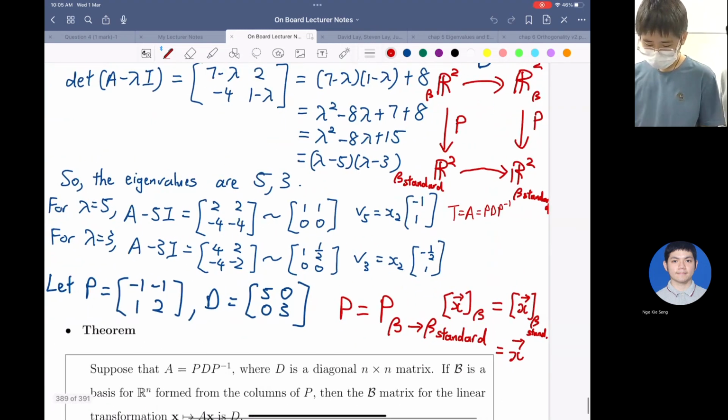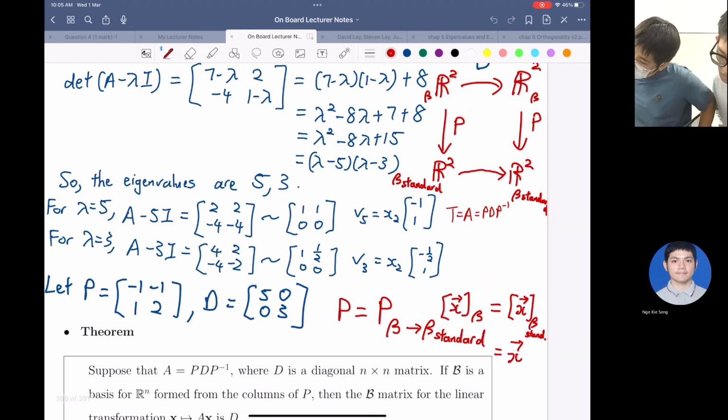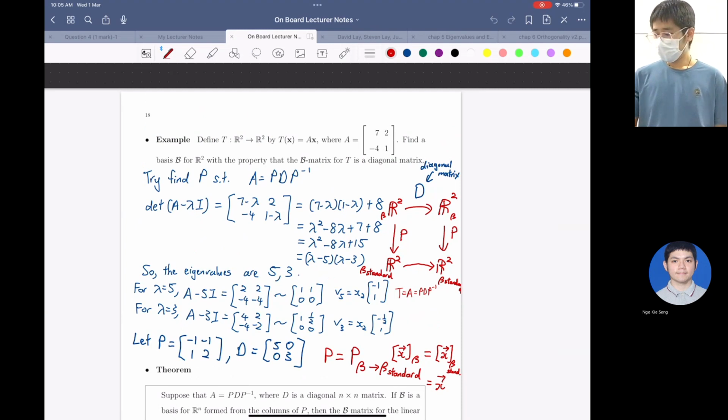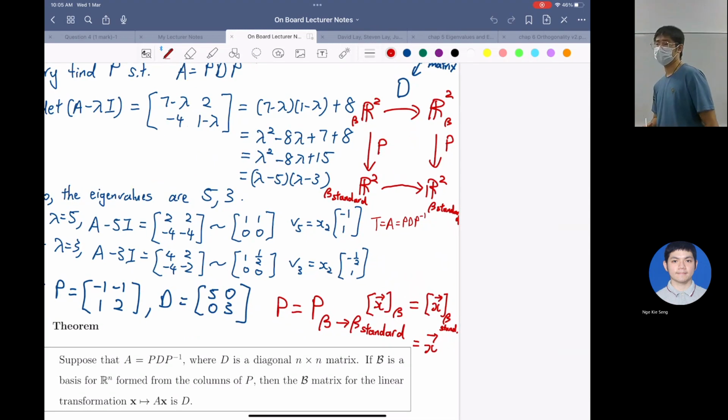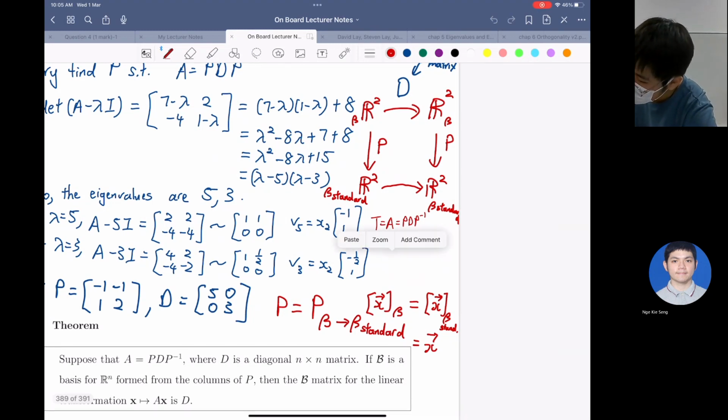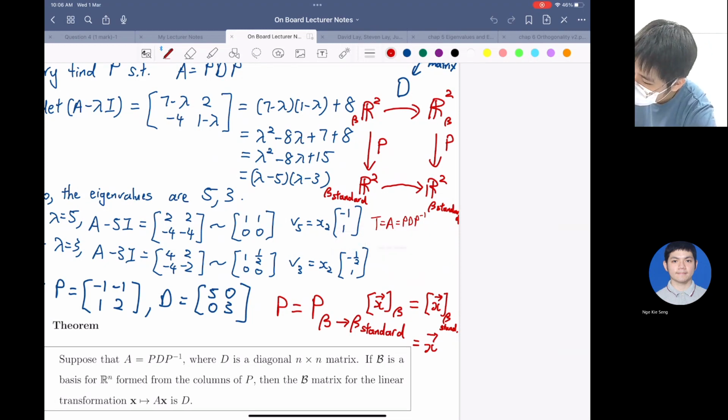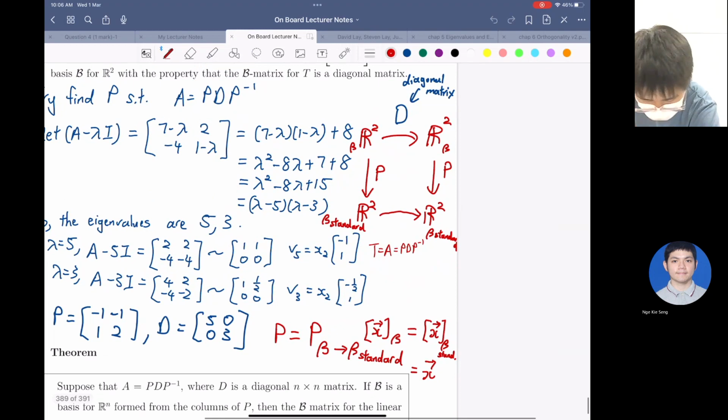你可以把这个 P 想成一个 change of basis matrix。你应该要把它想成是从 B 去到 B standard，这个 B 对应的是我们还不知道什么 B，但是 B standard 我们知道，就是那个 1001。然后这一个是我们的 A，这个复杂的 A，我们可以用 D 来表示，是一个 diagonal 的 matrix，比较简化。